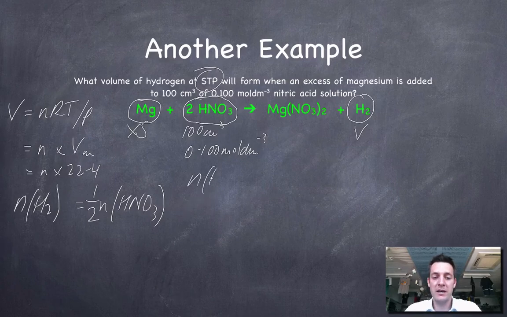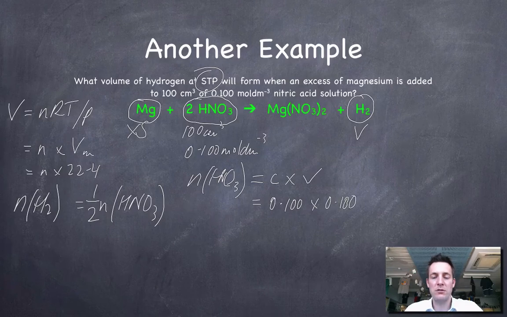Because if I can, then, HNO3. That doesn't really look like HNO3, but unless I delete everything, it's going to have to stay like that. So the number of moles of HNO3 is equal to the concentration of it times its volume, which equals 0.100 moles per dm cubed multiplied by 0.100 dm cubed, because I've got 100 centimeters cubed, and that equals